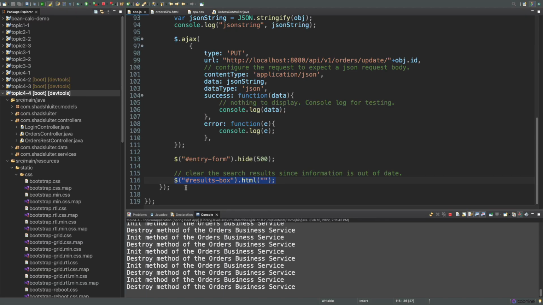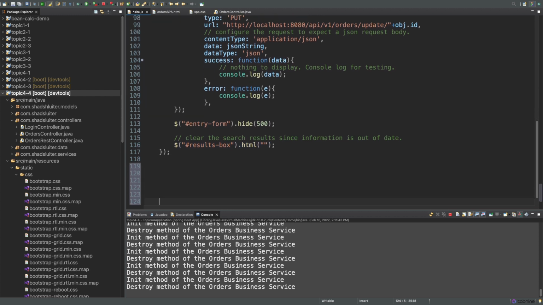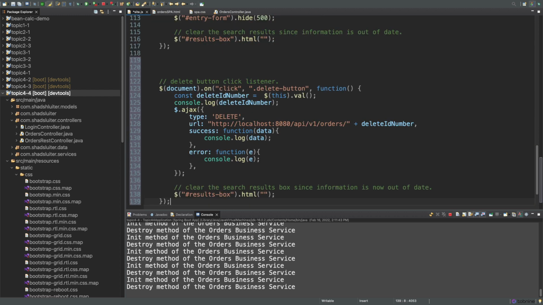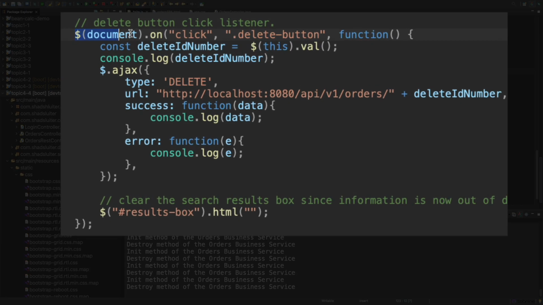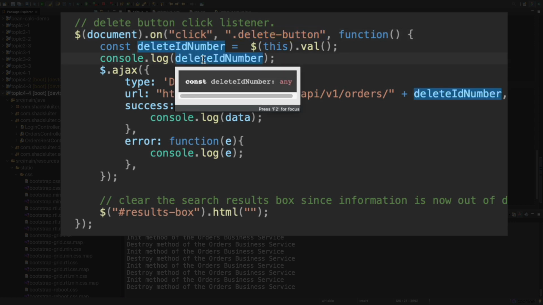Okay, finally the delete button we're going to put at the bottom of the page, so let's create some space again, and I'm going to give you the code in one big chunk. This says, go ahead and look on the document to see if there's any item that is called a delete button. If you get a click on that button, then do this result. So we're going to console log it again so I make sure I know which button I've clicked, and then